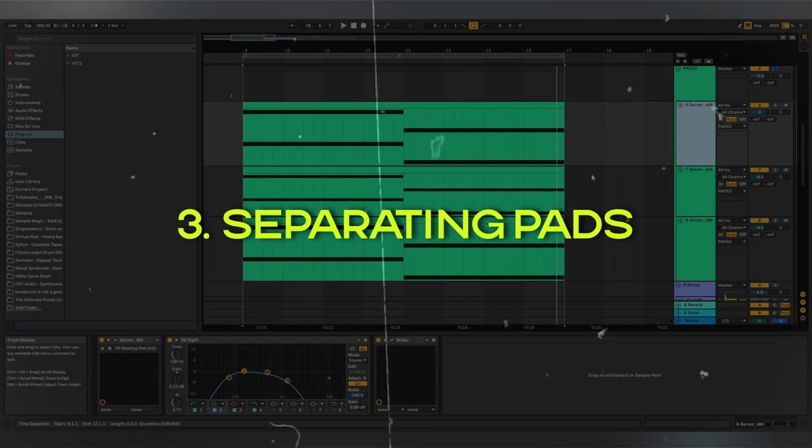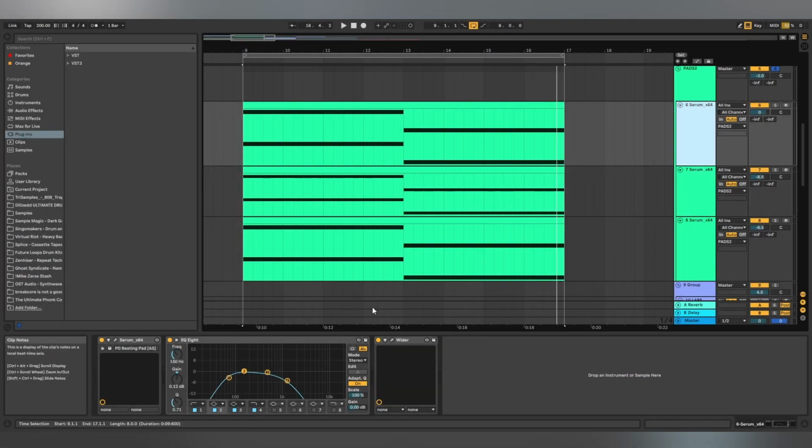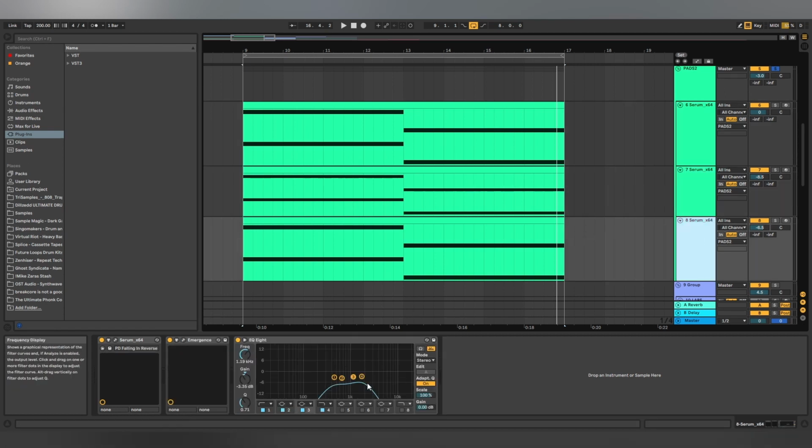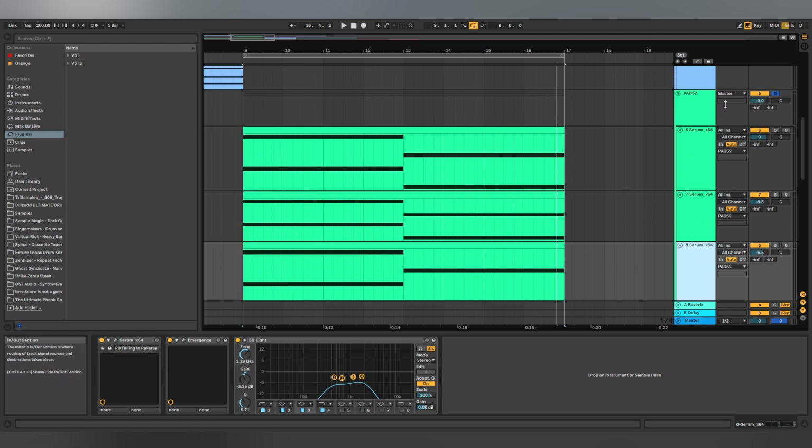You can also EQ each pad individually. So for example, this pad I cut low end and high end. The second pad I just concentrated on the high end of the sound, and the last more to the high mid frequencies, and all together